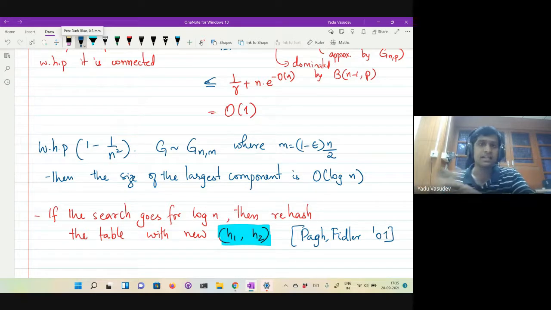And there is a lot of work on how to extend the ideas in cuckoo hashing. For instance, instead of doing open addressing, what happens if you put in a small chain for every entry in the table? That is something that people have done. You can also ask what happens when the table is dynamic, and how you delete elements from the hash table. There is a lot of work done on cuckoo hashing. So you can probably look at the book and the references therein. I'll also give a link to the paper, and you can also look at the paper where this idea was first introduced.